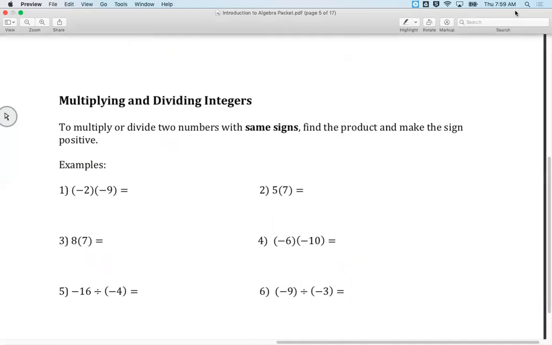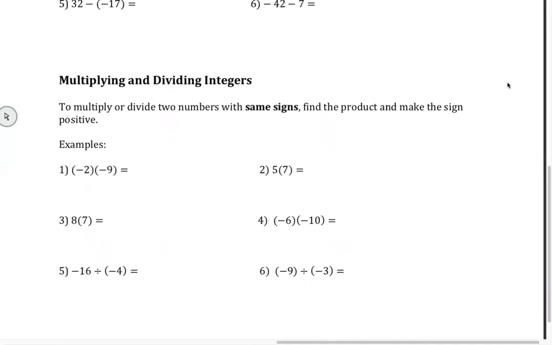Okay, so with multiplying and dividing, if the signs are the same, it's going to be positive. If the signs are different, it's going to be negative. So, for example, number 1, -2 times -9, the signs are the same, so that's going to be 18. What about number 2,